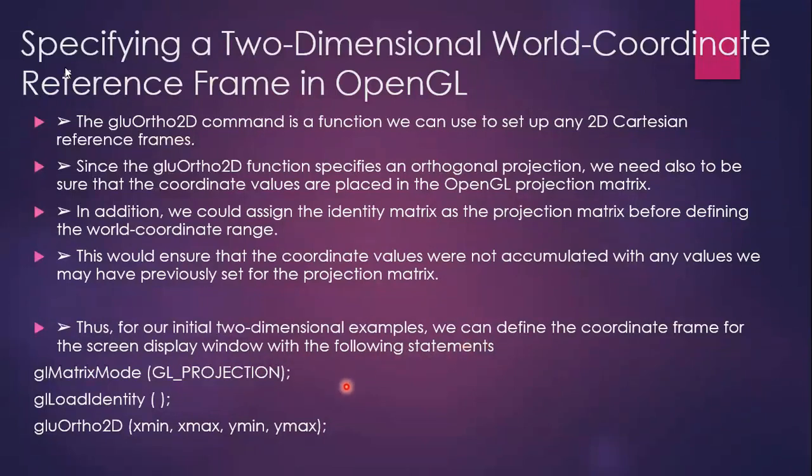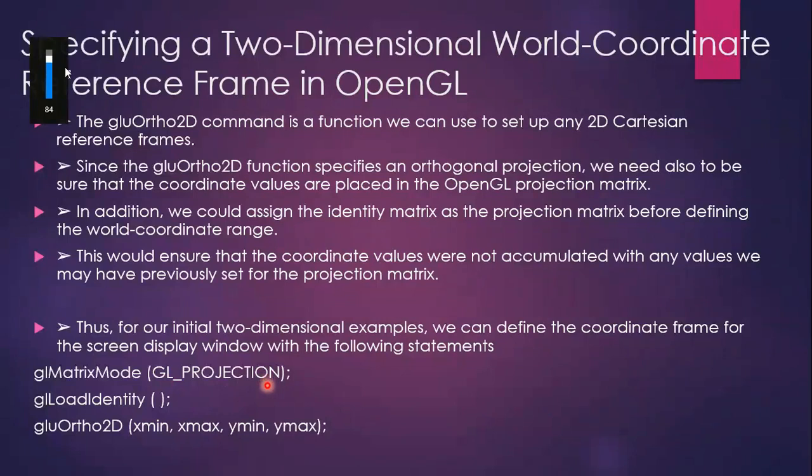So in every program, initially there will be certain settings that have to be done, or these particular functions: matrix mode, load identity, and gluOrtho2D will be called within the init function. As you know, earlier we had certain examples to show how a line is drawn. In that example you also had the void init function where you wrote matrix mode and gluOrtho2D. Is it?